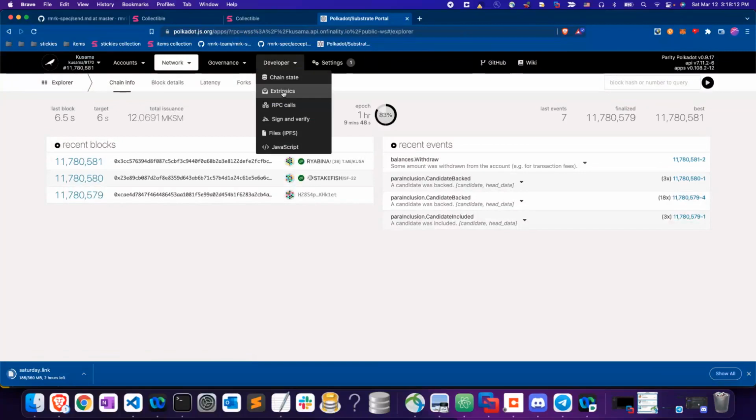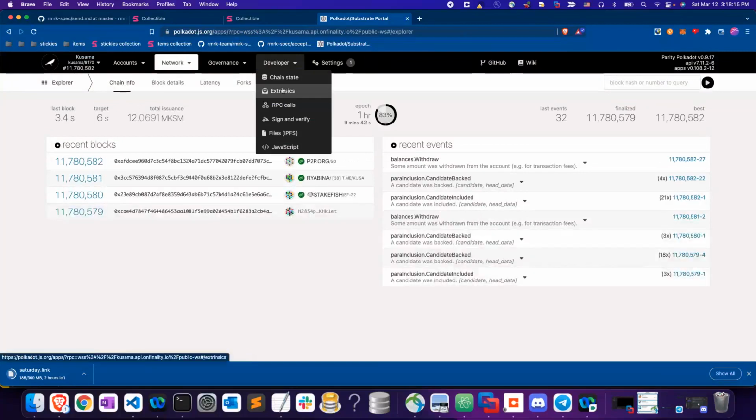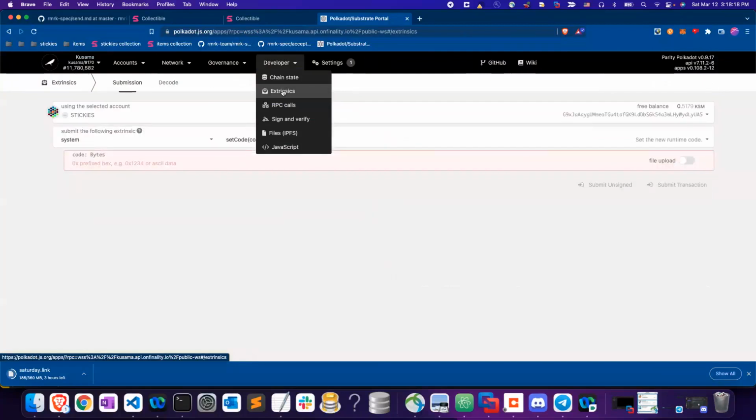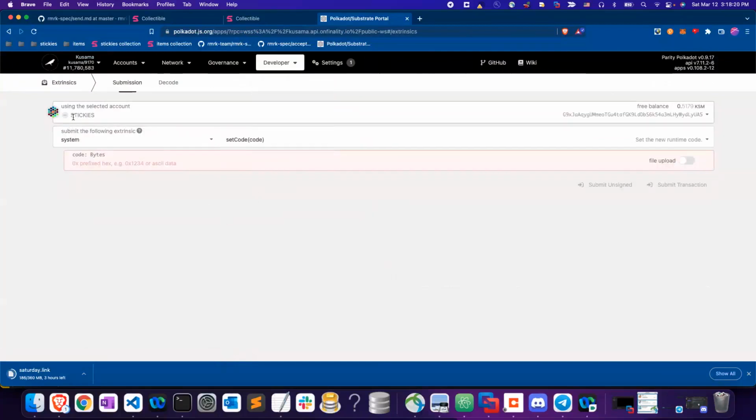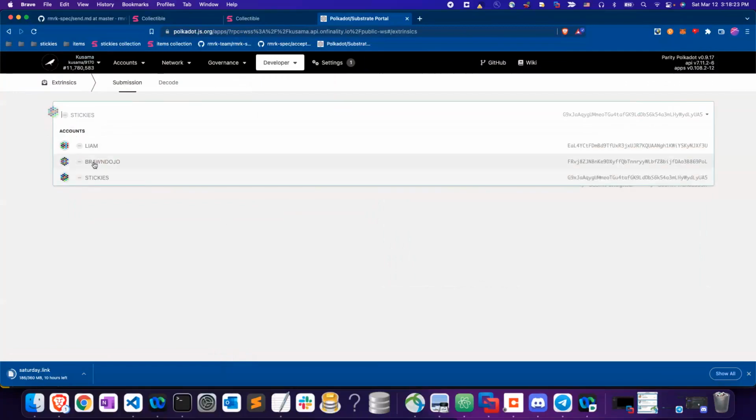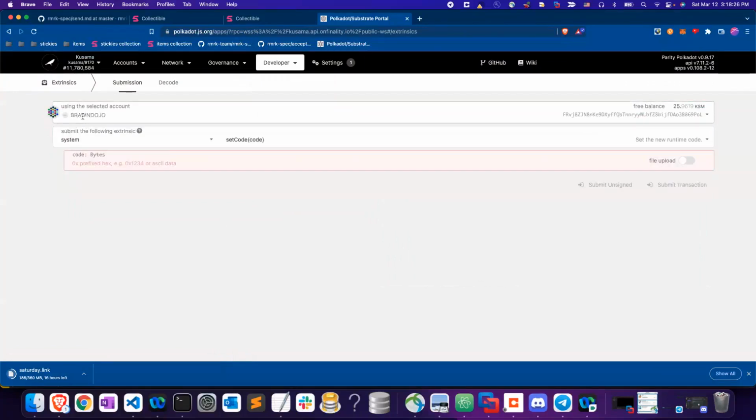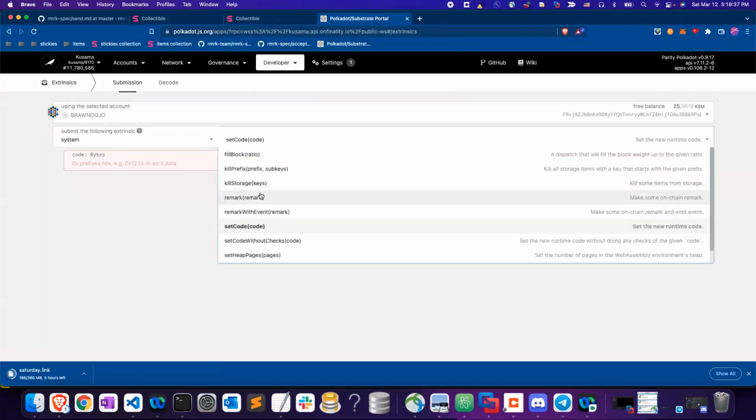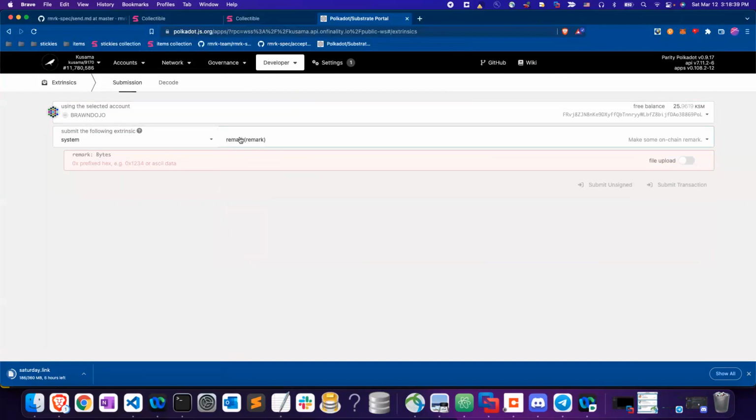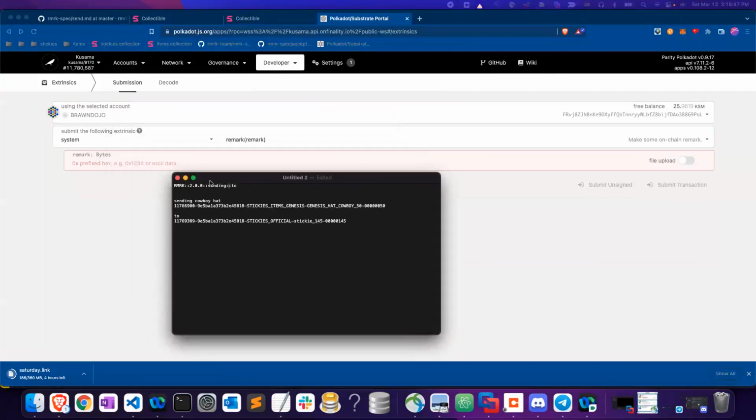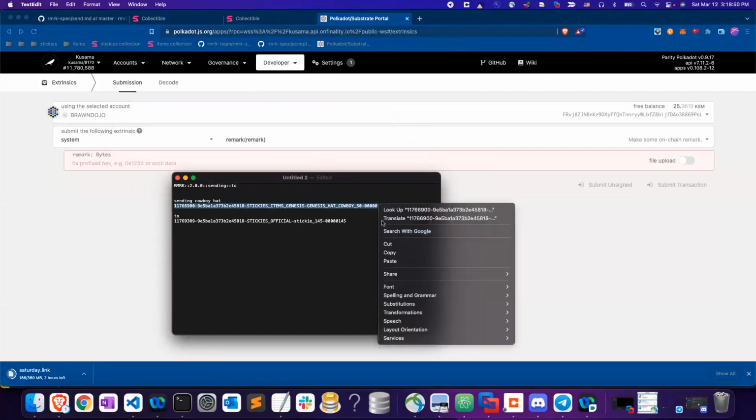To do that, we go to developer extrinsic. Again, developer extrinsic. We need to make sure we're using the correct account. I have a few, so this is the account that owns both the sticky and the cowboy hat. And the extrinsic type is system, and specifically the function is remark. And this is where remark gets its name. And this is where we put our manual string. So our manual string is the cowboy hat,